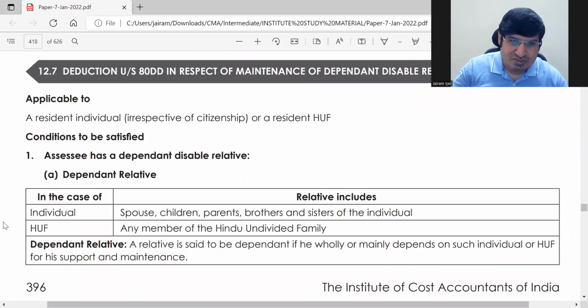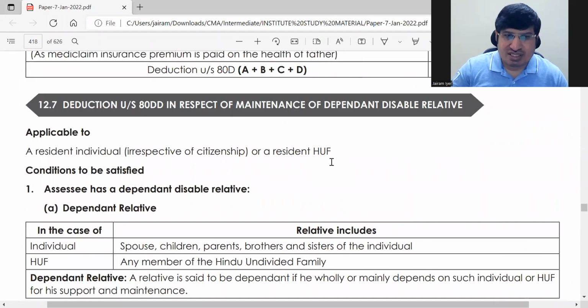चलो, ओके, नेक्स्ट इज हमारा सेक्शन 80DD, डिडक्शन फॉर डिपेंडेंट डिसेबल्ड रिलेटिव, ठीक है। सो जिस डी डी है ना, just dependent disabled relative, ठीक है, just remember like that. Okay, so 80D is what? Medical insurance premium. 80DD is what? Dependent disabled relative, ठीक है।